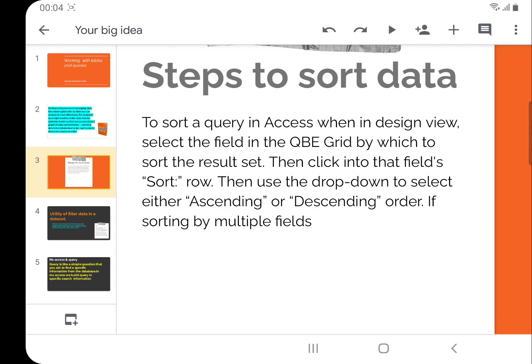So when in design view, select the field in the QBE grid by which to sort the result set. Then click into that field's sort row. Then use the drop-down to select either ascending or descending order. If sorting by multiple fields, this will help you sort that data. These are the steps to follow.